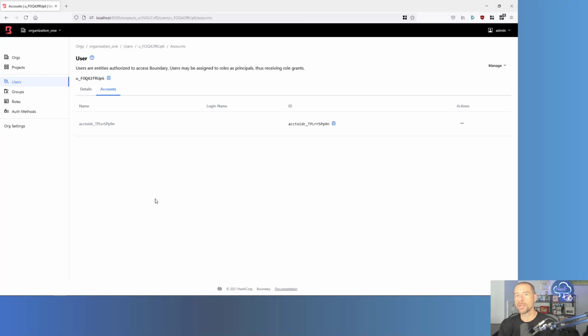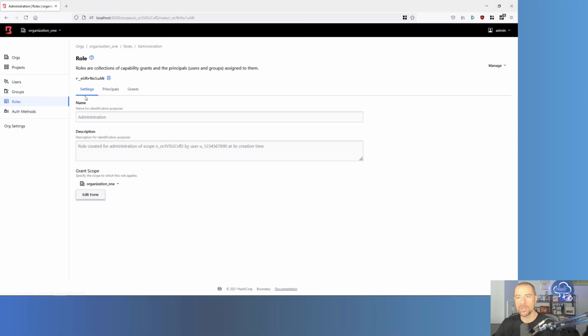But basically then you'll be able to pre-create all the users that you want in your organization on Boundary and then map all of those users to users that exist in Azure AD. It's something that people absolutely want. It's not there yet. But we do have an account, we do have a user, and if we go to